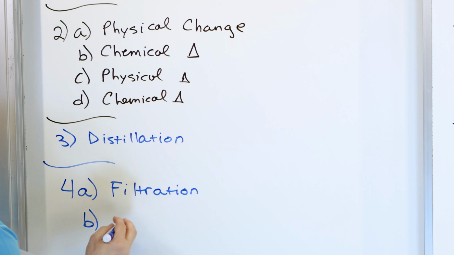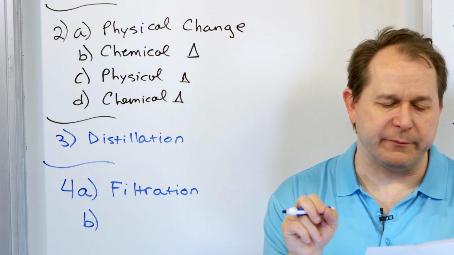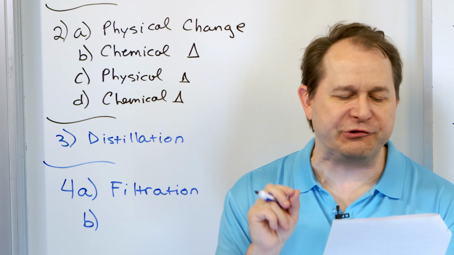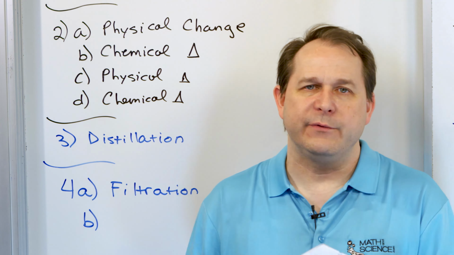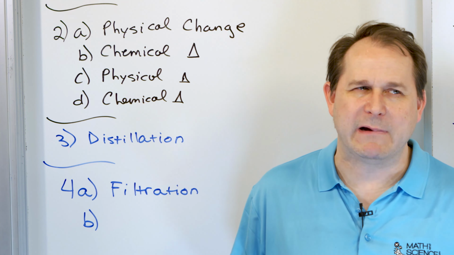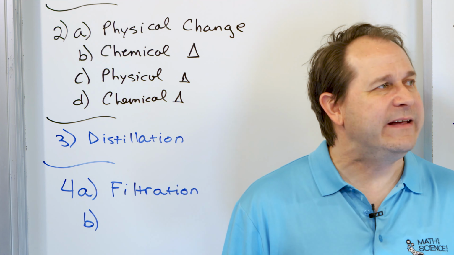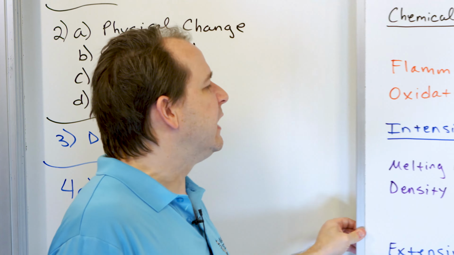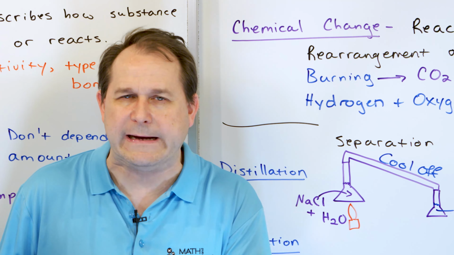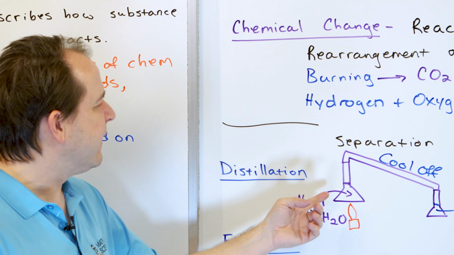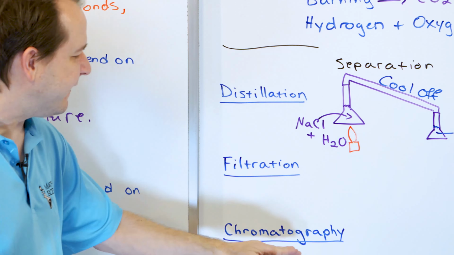Okay, and here is our very last problem. How would this be characterized in terms of which separation technique? Refining sugar by removing colored impurities. So white sugar is what we eat, table sugar, but it doesn't come out of the ground that way in nature. It isn't white. It is made white through a process. Is that process more aligned with filtration? No, we just said that you basically can't filter solutions like that, okay? Is it distillation? No, because if you just boil the water off, you would just have the same colored sugar left behind. It has to be chromatography.